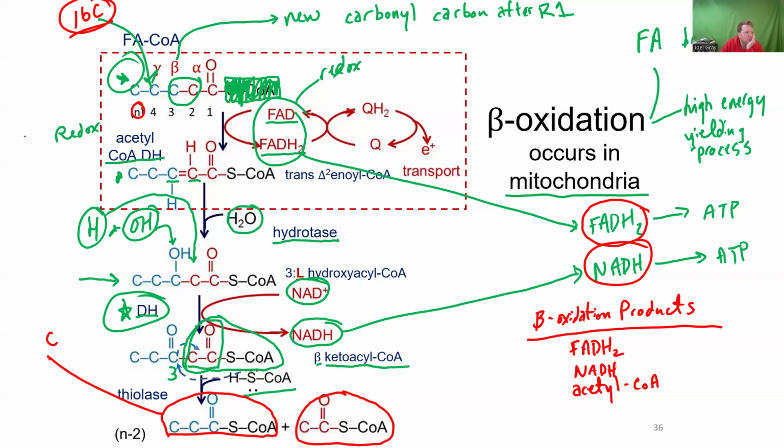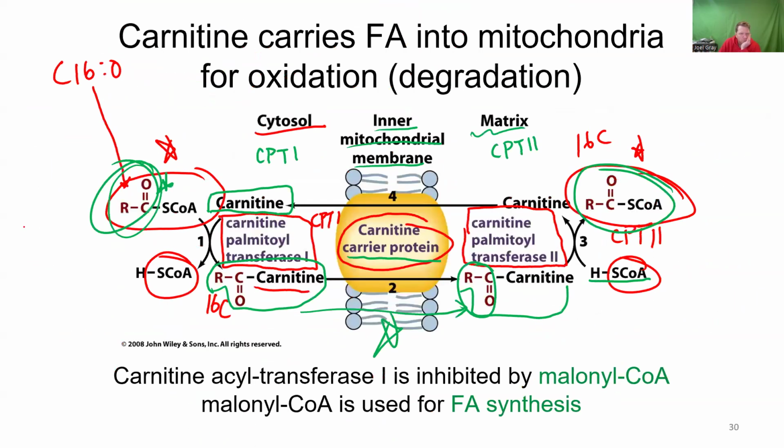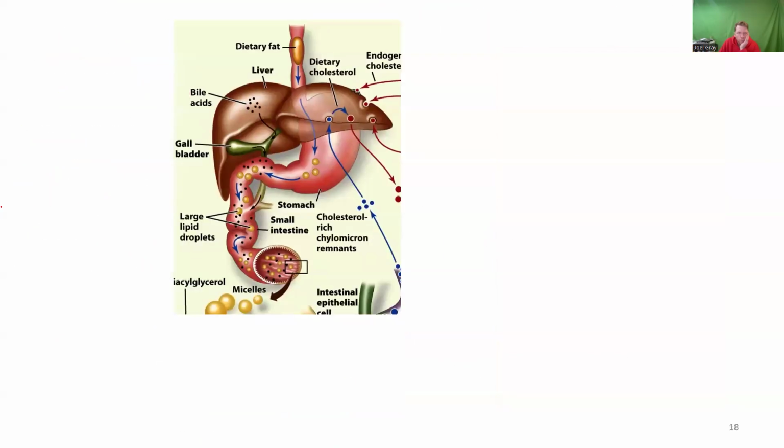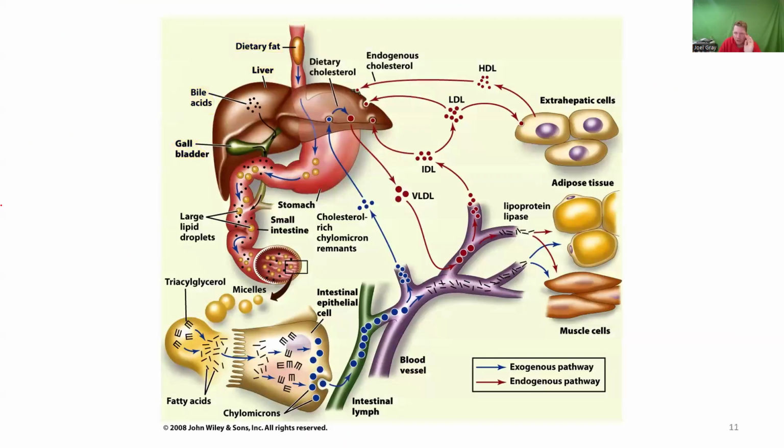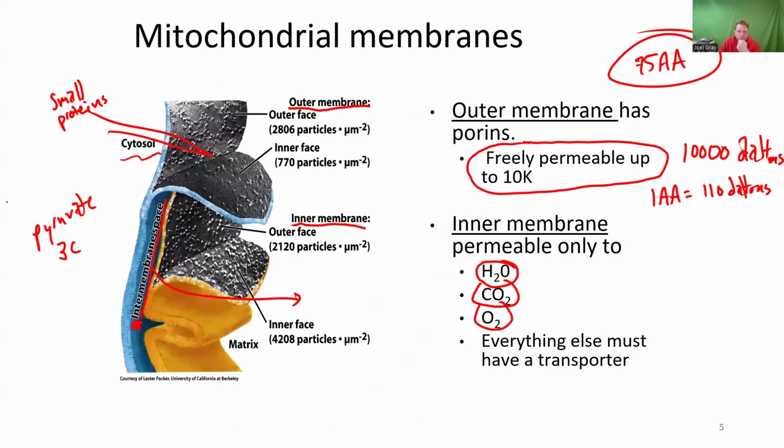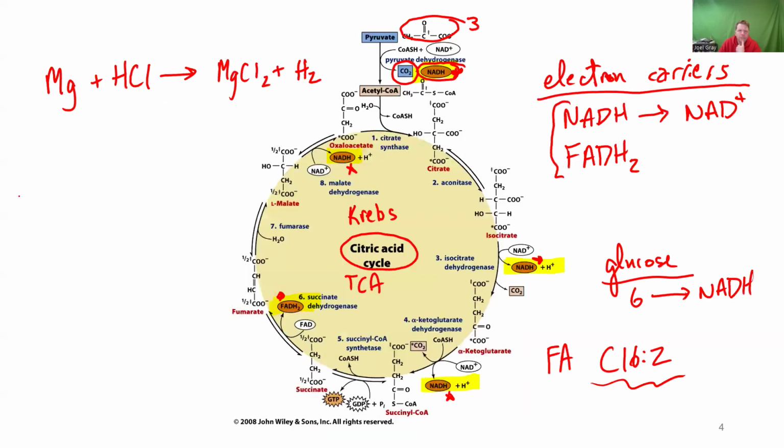So acetyl CoA, though, have we seen acetyl CoA before? Spoiler alert, we have. Where did we see it? We went through it a little bit briefly, but look at this right here. Melanie, you're absolutely right. The Krebs cycle. So acetyl CoA. One carbonyl and one methyl group, and then S-CoA. Is that the exact same? Yeah.